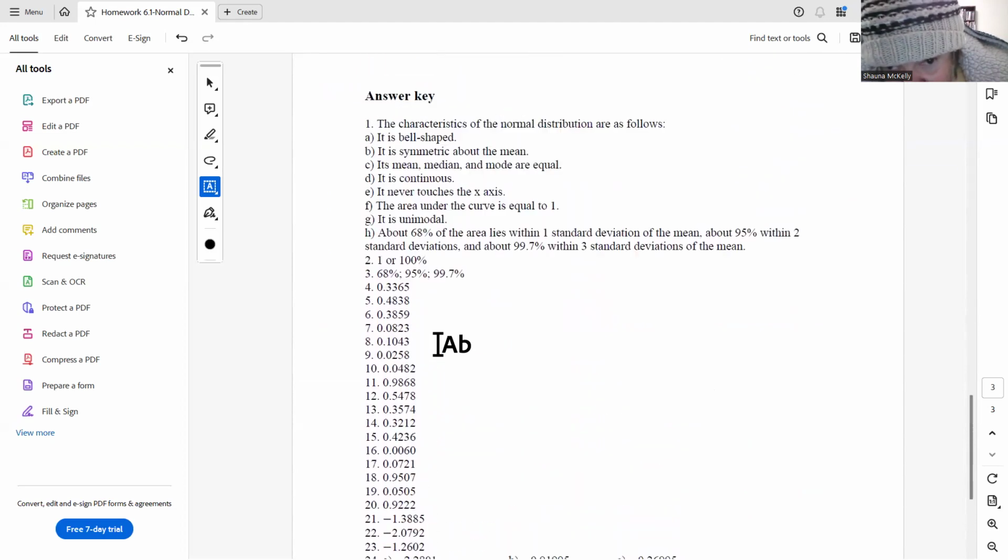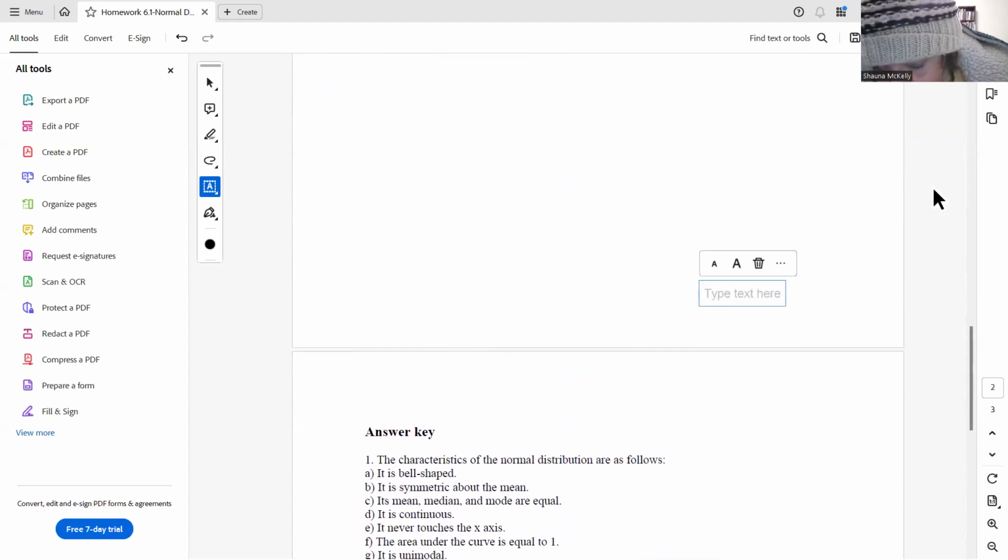I hope that this brief explanation of some of the problems in section 6.1 has helped you. I don't think you'll find them that difficult. The next section is very similar, but it's going to deal with distributions that are not standard normal, but they are still normal. But anyway, I hope that this has helped you,